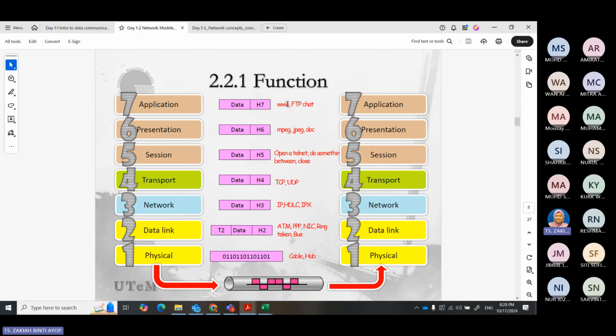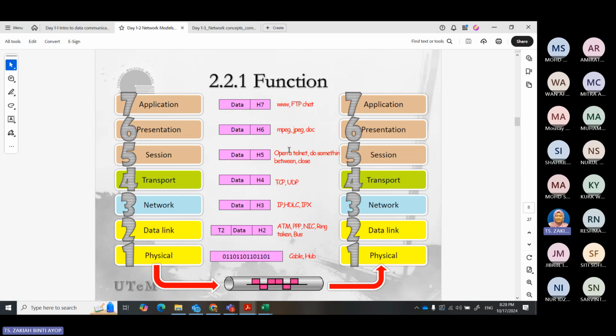All the applications require some protocols to communicate. So if you use mail, then you need a protocol such as IMAP or POP3.